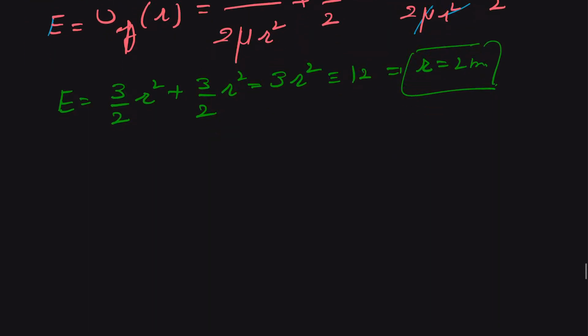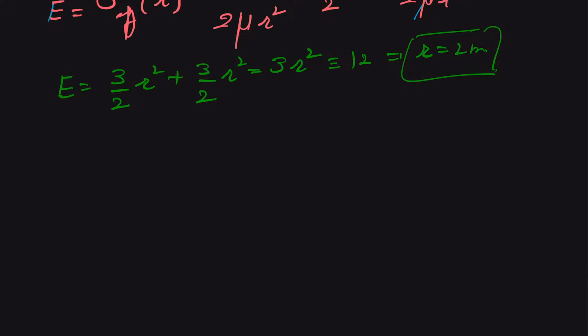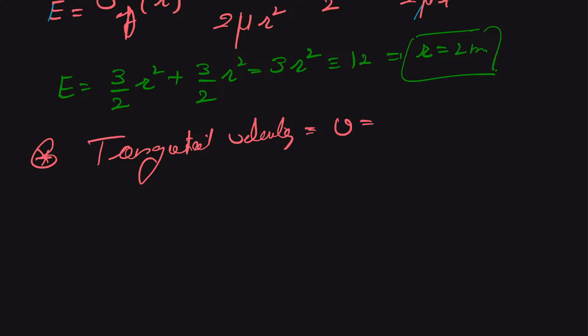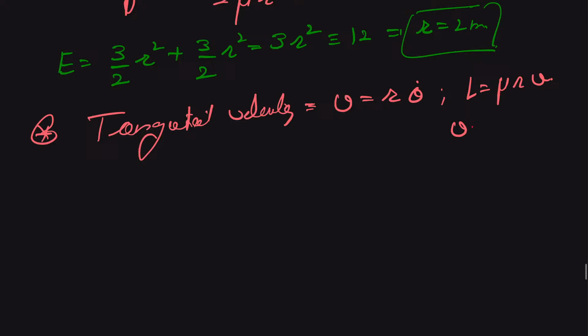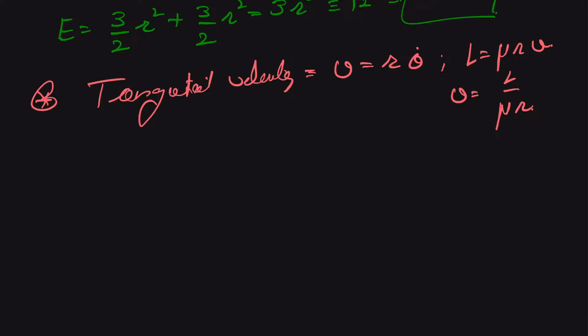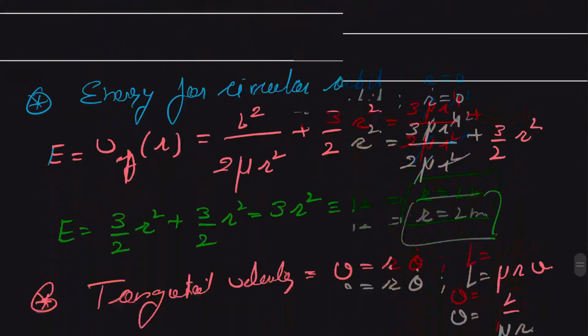Now we can also find out the velocity, because we found out the radial distance, that is R, and we know that our tangential velocity V will be equal to R times theta single derivative, and we just found out that our angular momentum L is equal to mu R times V. So from here we can say our V is equal to L upon mu times R, and we also know that our L is equal to